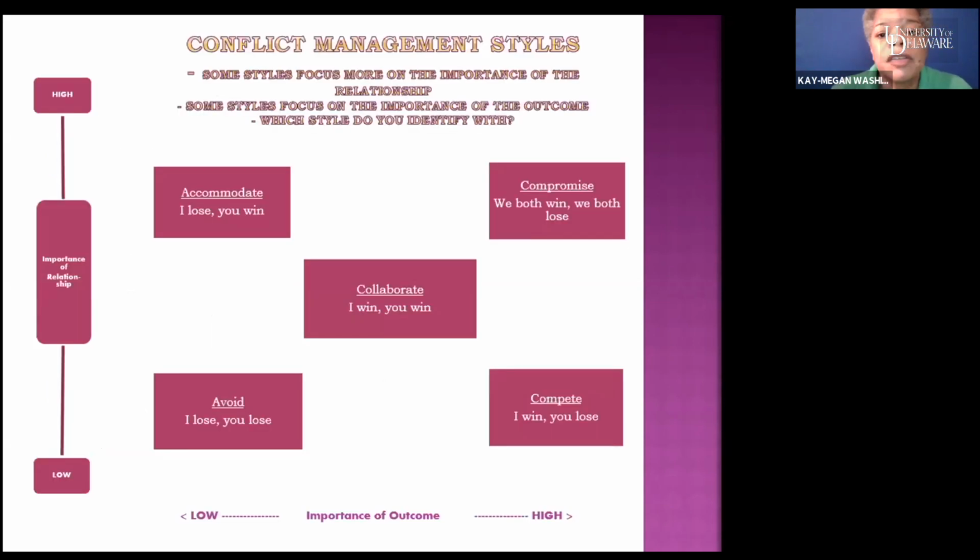So, under what circumstances are these things important? If you notice here, there is an axis along the side that says the importance of the relationship with the person that you've got the dispute with. And then down here is the importance of the outcome of the dispute. So let's say that it's somebody that you have a relationship with, that you want to try to keep that relationship. The importance of the relationship is high. The importance of the outcome is not that important. Then you might accommodate. It's okay if I lose this time, I can win again later down the line.